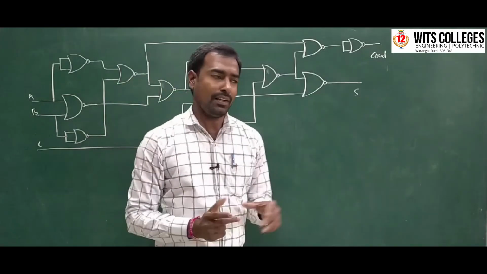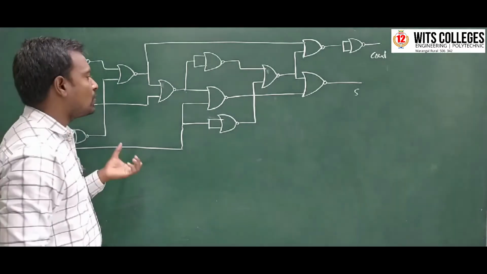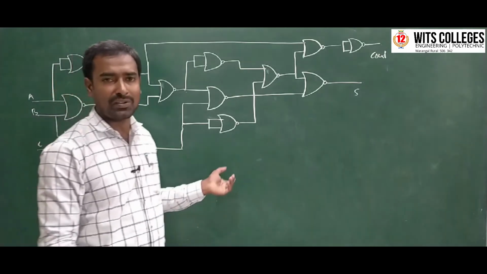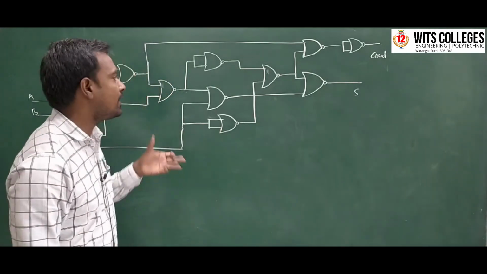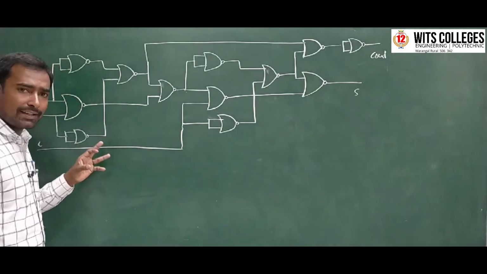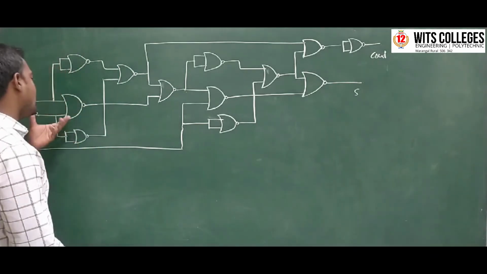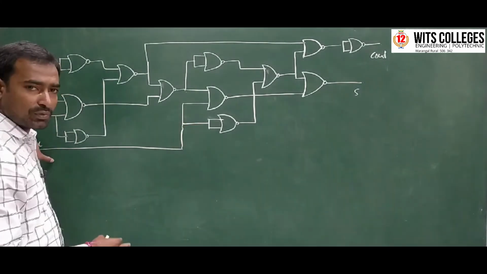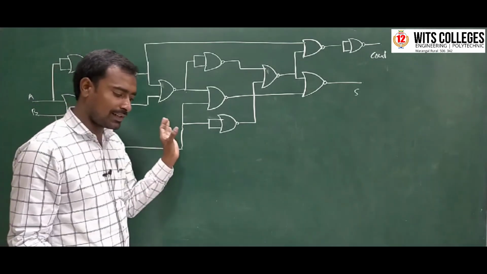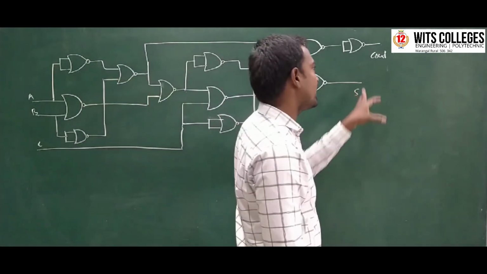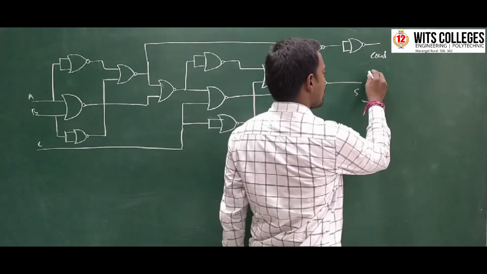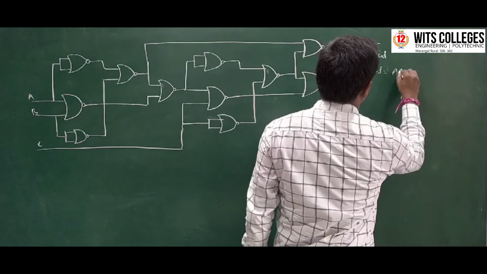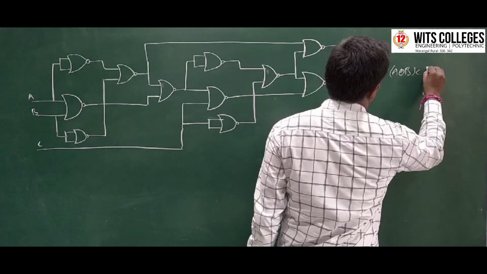Okay, next, designing of full adder circuit by using only NOR gates. So in the previous class we discussed designing of half adder by using NAND gates and NOR gates. So similarly here we are designing the full adder circuit by using only NOR gates. So here A and B both are inputs, and this is a carry output, C input. Okay, so all these inputs are connected to A, B, C, and here we are getting the carry output.